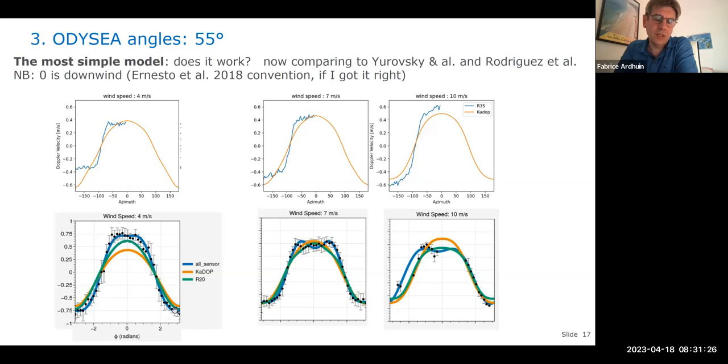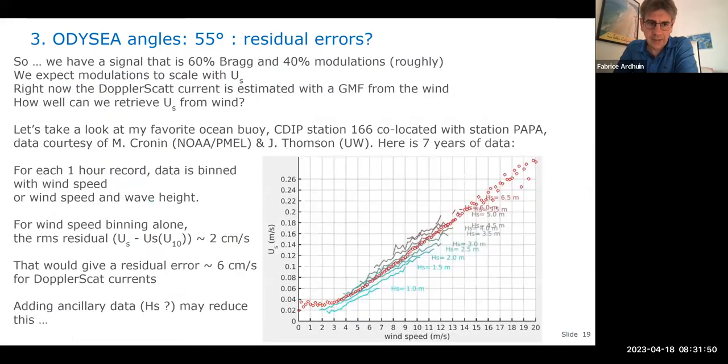These were actually obtained by collocating DopplerScatt measurements with in situ data and removing the current to find the wave-induced Doppler. Of course, when you want to get the current, you do it the inverse way. So you compute what should be the wave Doppler, and you remove it to get the current. And typically you do that at all the points where you don't have the in situ measurements. And okay, so when you do this correction using this GMF,